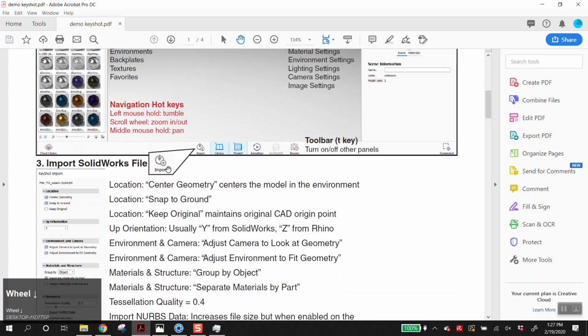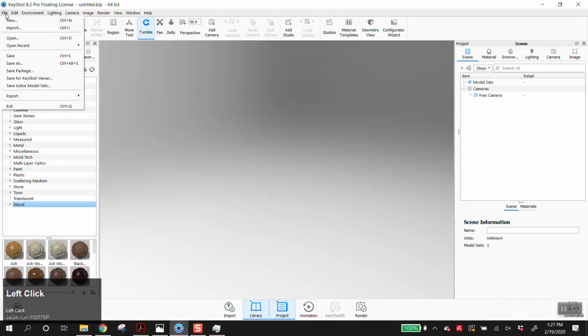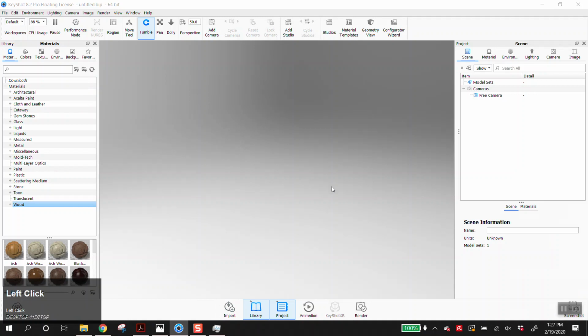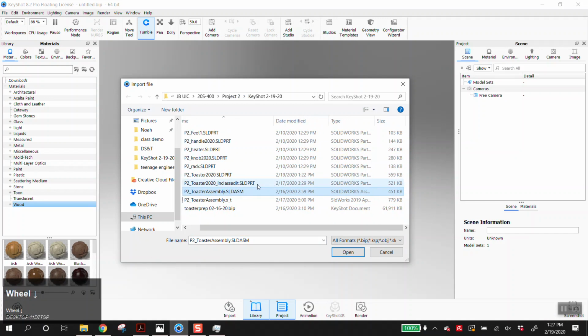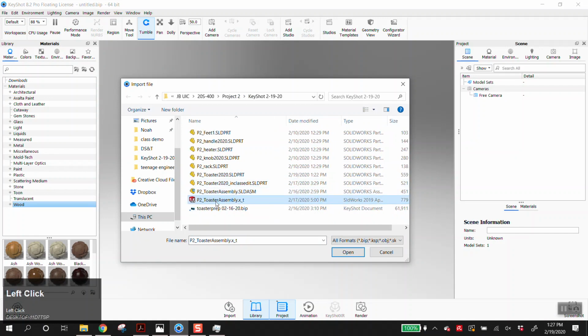Okay, so the first thing we're going to do is we're going to import the file. So it's this little icon down here. I believe you can also go to File Import. And if you downloaded that file, you can either import the assembly directly, or you can import the